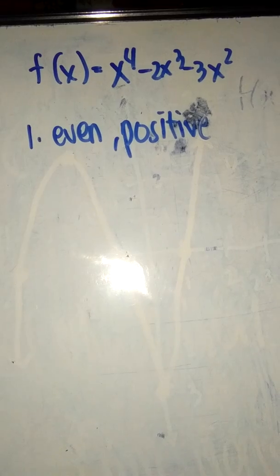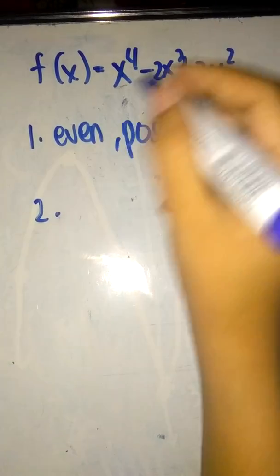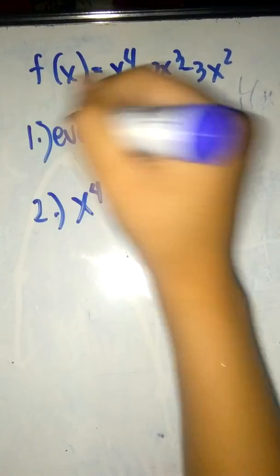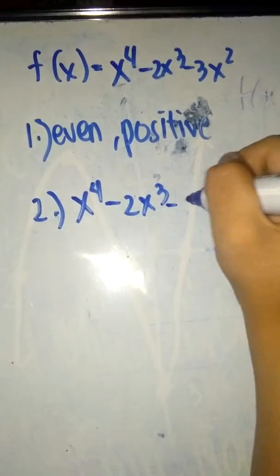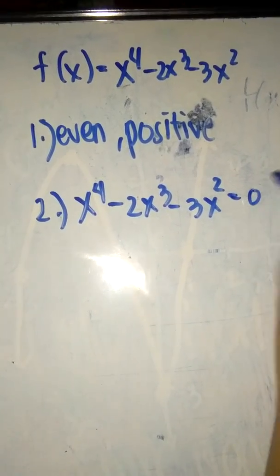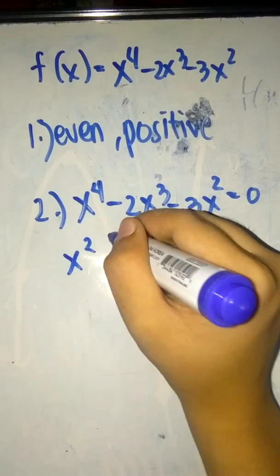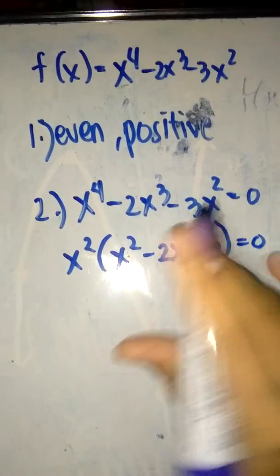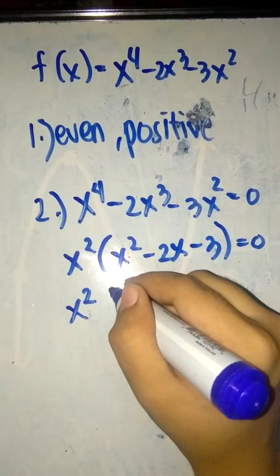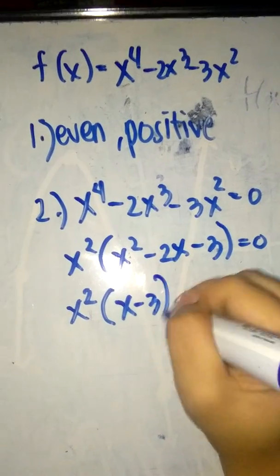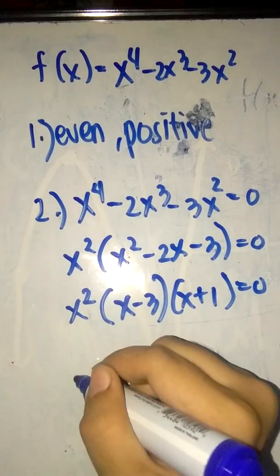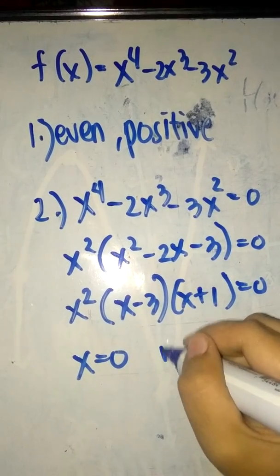Okay, so the next step is to determine the zeros of the function. So we now equate our function to 0. Okay, so factoring, and since we can factor this one, we have x squared times x minus 3 and x plus 1 equals 0. And we now obtain the zeros of the function: x equals 0, which is of